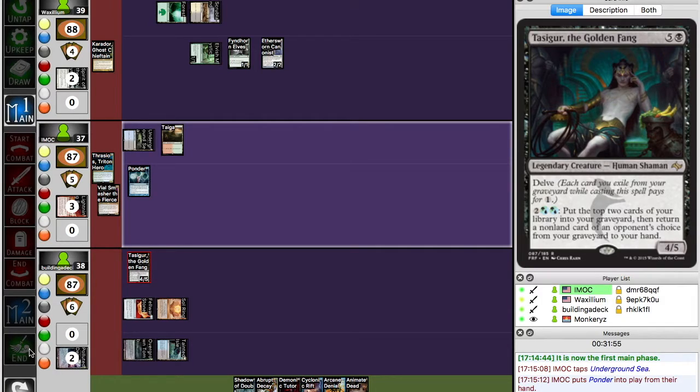And the reason for that is because I didn't have something to really win the game, so it's better to be defensive when you are not in a position to just win. I mean, I suppose I could have gone for Entomb or something, but